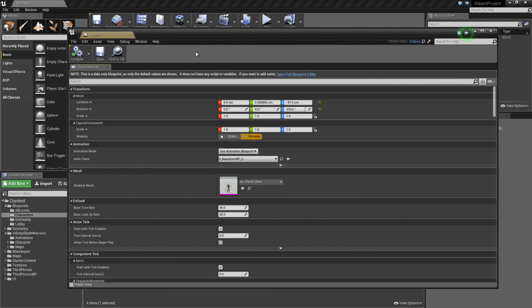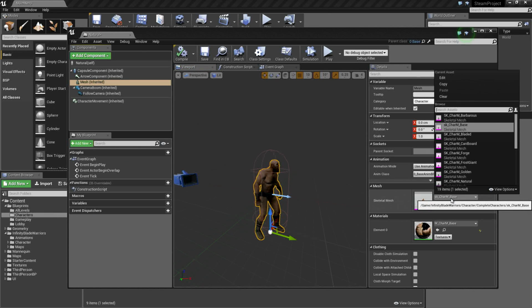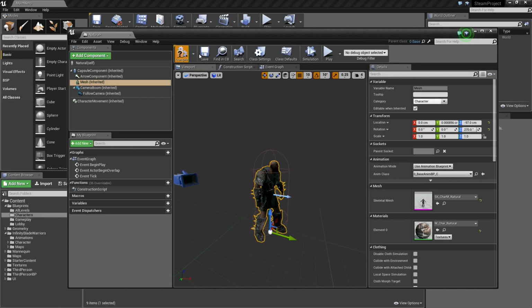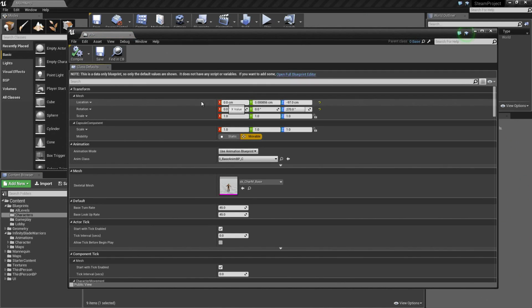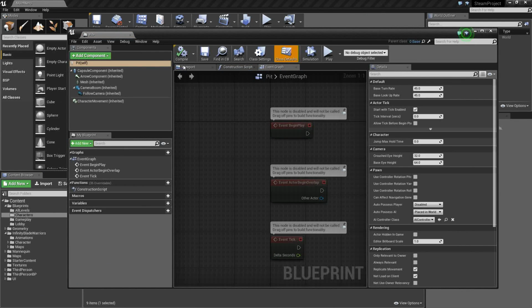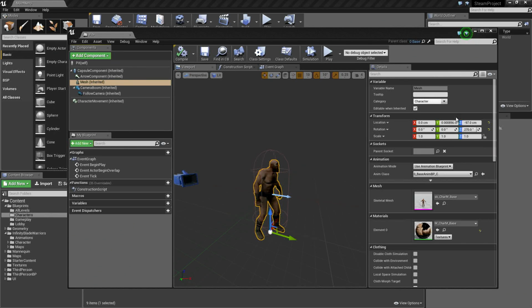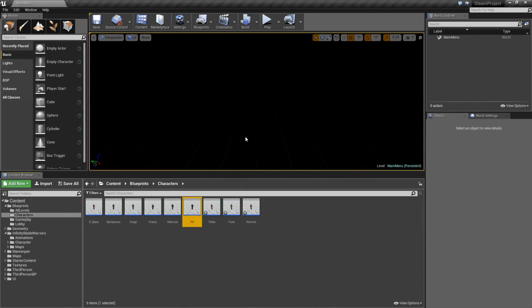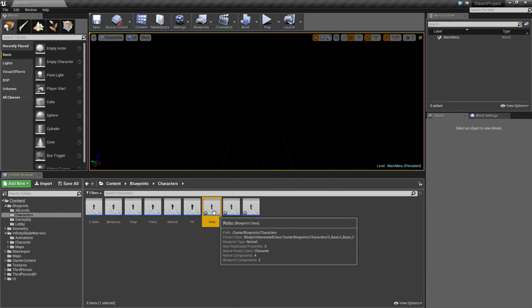Let's open up natural, viewport, mesh, natural, like so. Compile and save, close that. Couple more. Let's change it to pit. There's a lot of cool characters in this pack that are available for free. There's also the, I forgot what the other one's called, Adversaries, I think it is, that has additional characters in it that you can use as well if you'd like.